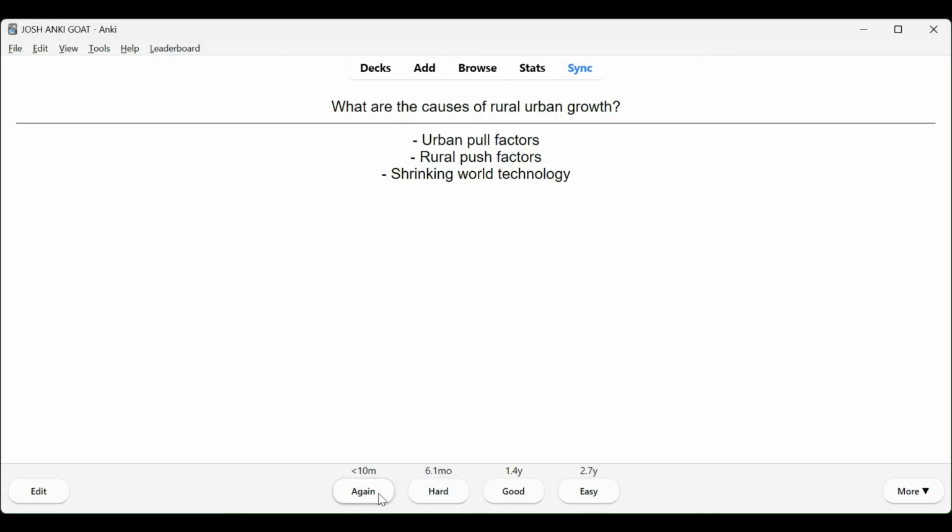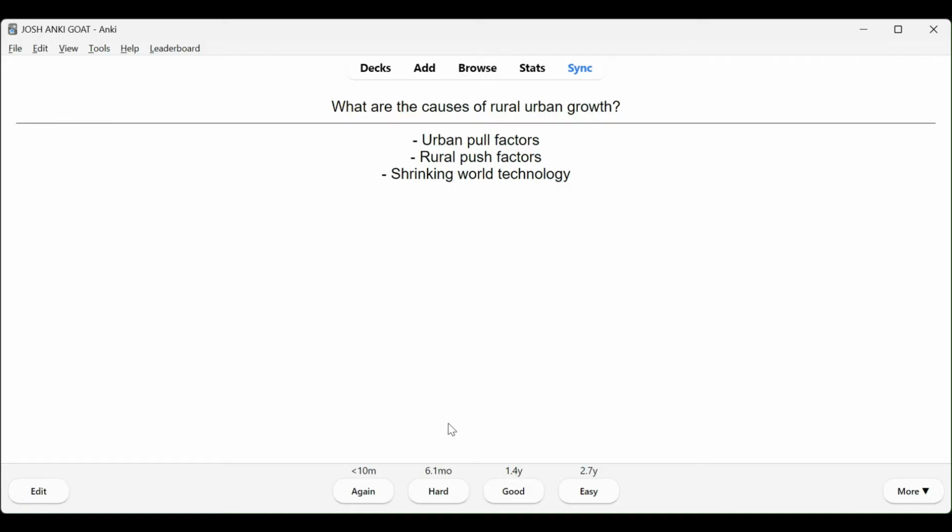So if you think it's really hard, you press again. Hard, you get it again in 6.1 months. So bear in mind, guys, these timings are based on me doing it over the last 2 years. So the more you do it, the longer the spaced repetition increases. So yeah, if you probably watch like 100 studytubers, they talk about spaced repetition and blah blah blah. This is literally just doing that for you.